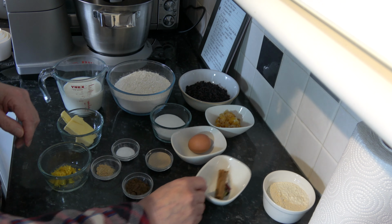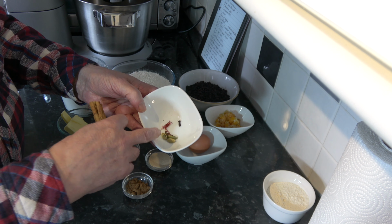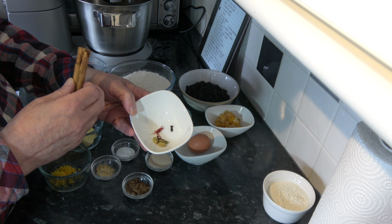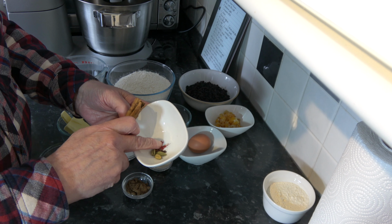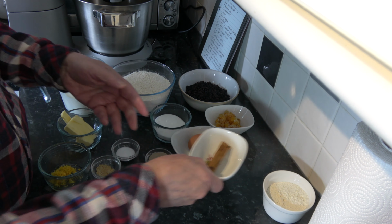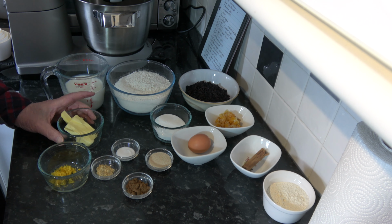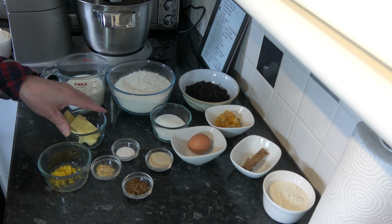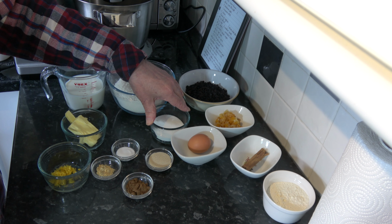And then, as I mentioned, I have 3 cardamom pods, which I have bashed with a hammer just to crack them and bruise them. I have 2 cloves, a pinch of saffron, and 1 cinnamon stick, and they're going to go in with the milk. I have 42 grams of unsalted butter, that's 3 tablespoons, and I will melt that ready for when I need it. I have 75 grams, 6 tablespoons of caster sugar,